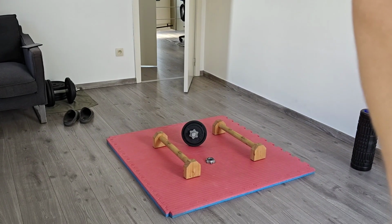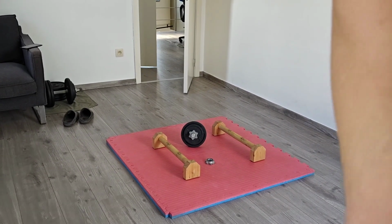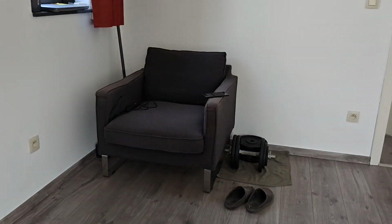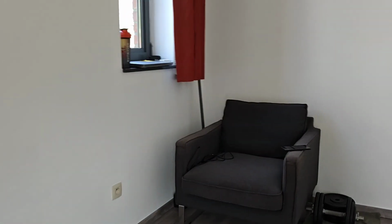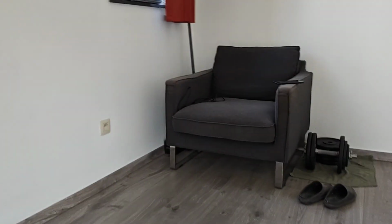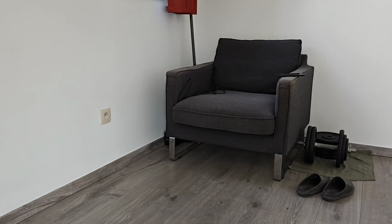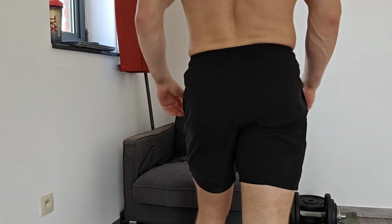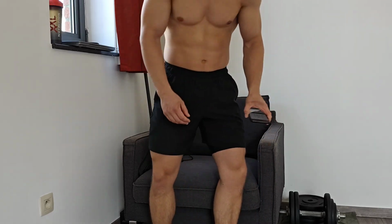As you can see, my parallettes are still standing in the position for a full planche. Now, why is this? I will explain in a moment. Let me just adjust your height to my level. There we go. So, the reason that those parallettes are still standing there is because of what I've been doing for